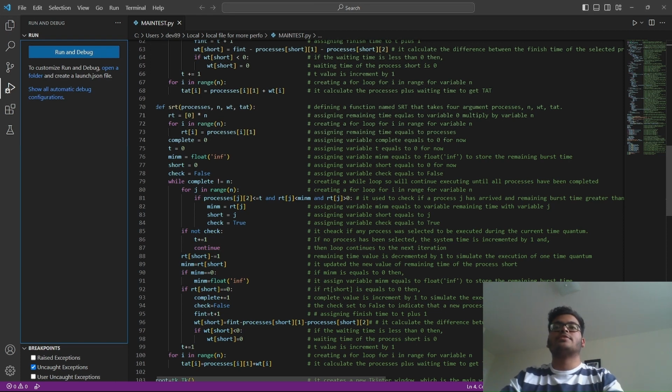Next, I'm assigning remaining time equal to process for now, just like we did in first come first serve. Then I'm assigning complete equal to 0 for now, and time equal to 0. Main float is assigned there to store the remaining burst time. So I'm assigning stored equal to 0 for now, and check is equal to false right now. So I'm creating a while loop next to it,